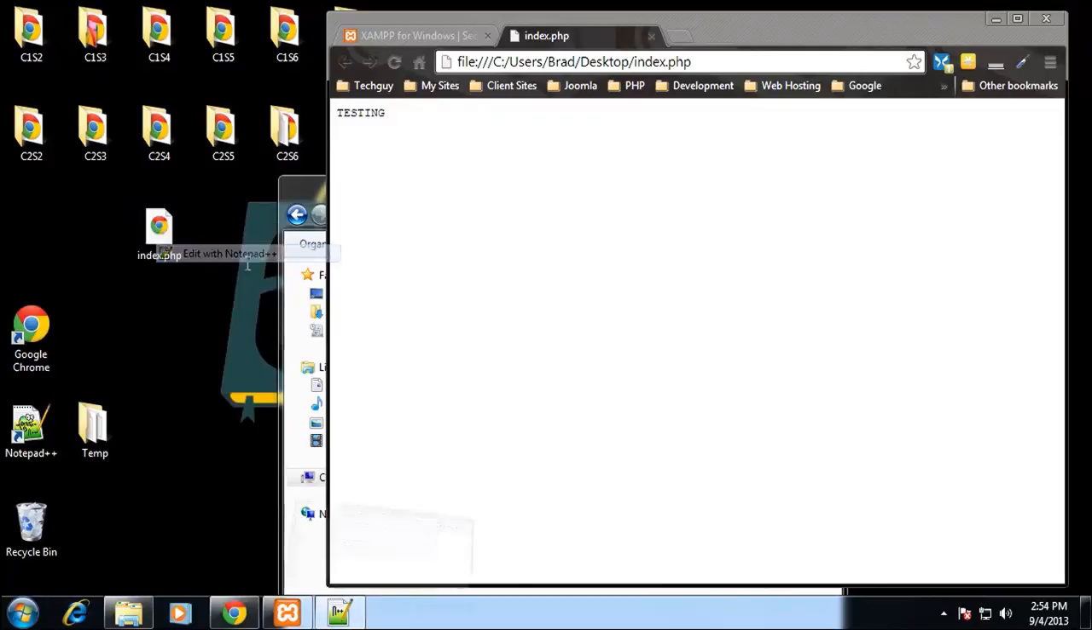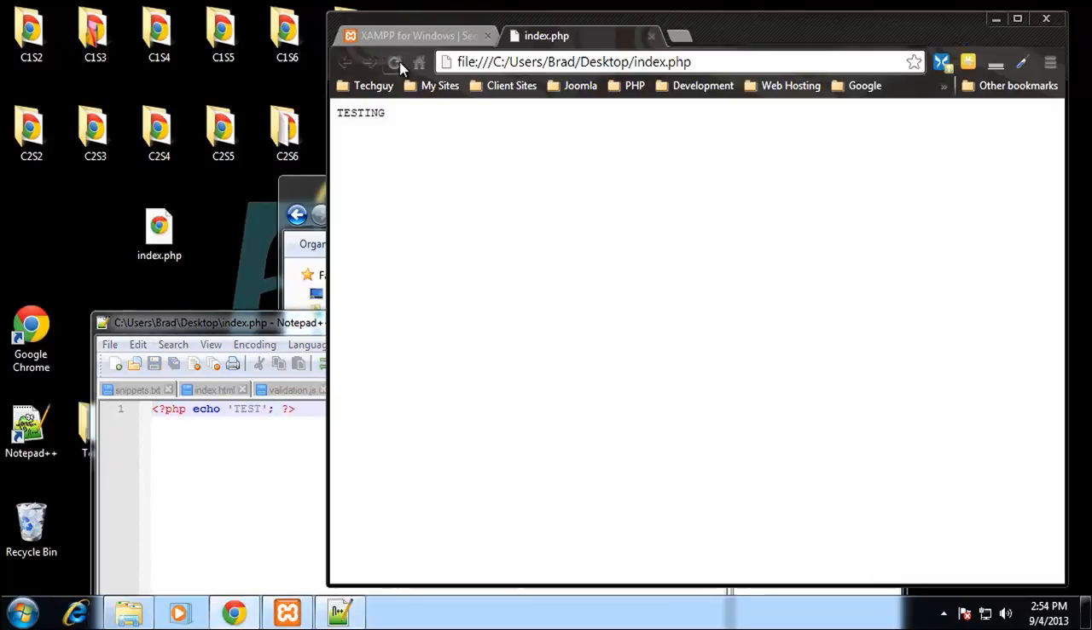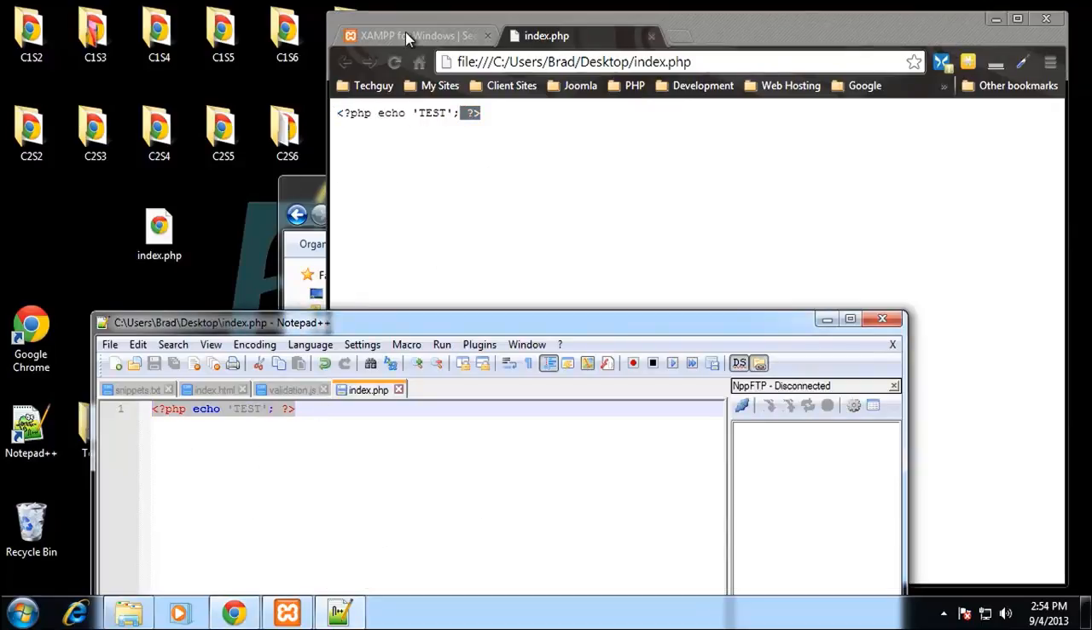So actually, let me prove that to you so you know I'm not lying. Let's say PHP echo test. So I'll save that and reload, and it actually has the text. It shows the text of the PHP tags. So if we do the same thing